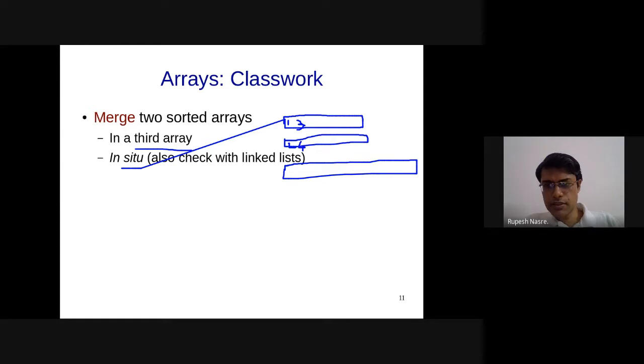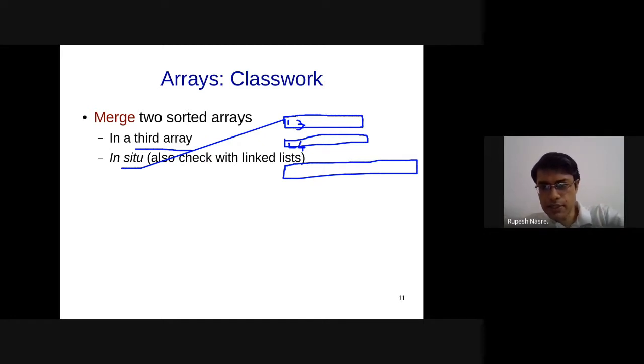Tanay has written K less than error size plus error 2 of size. If both of these are small, then you perform this processing, copying in array 3, either error 1 of I, it should be, or error 2 of J. Else if this, then you go pushing, yeah. So you have added it to the main loop itself, the copying of the elements. The number of conditions will increase, but I think complexity wise it's not going to hurt, so I think it's all right. Yeah, this also seems to be okay.